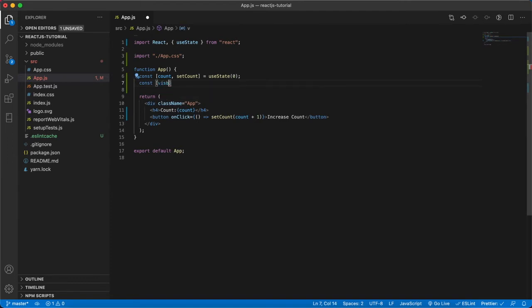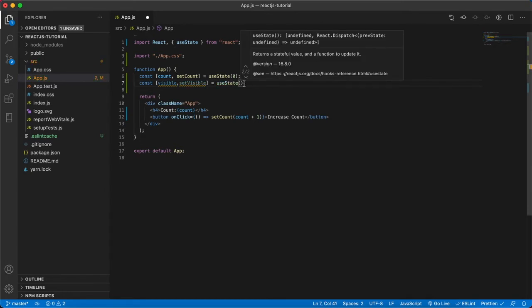That is how you do the naming convention for any of the state variables that you give. So visible and setVisible is equal to useState of boolean, and by default I'm going to set it as false. You have to give it directly as false.